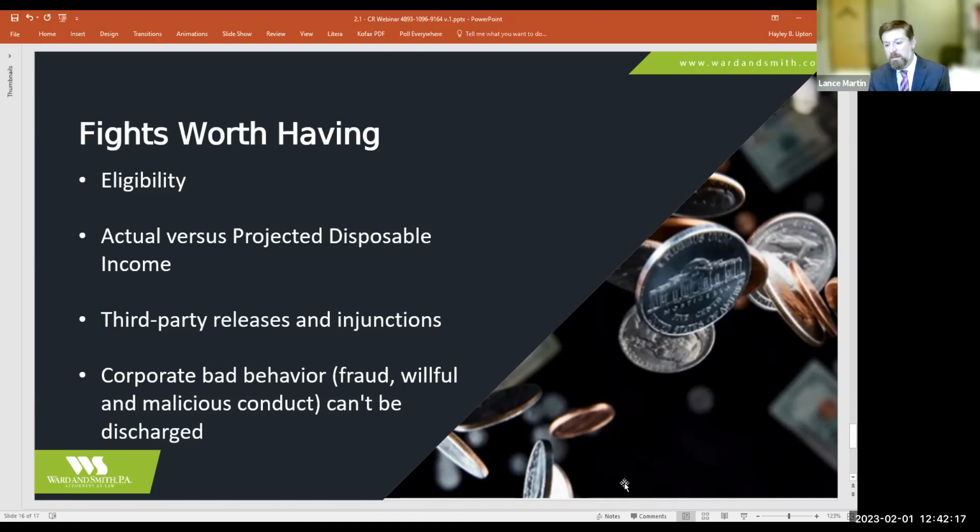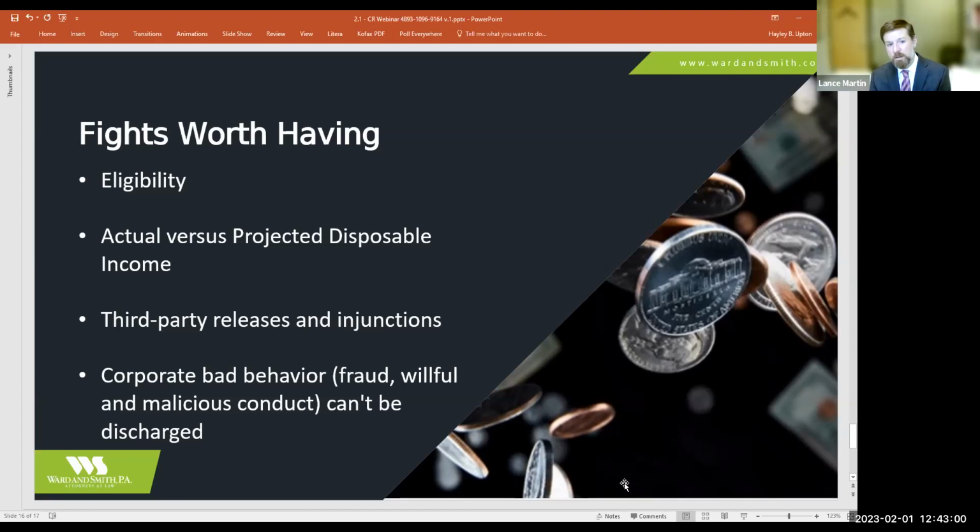Looking carefully at the debtor's obligations and doing the math and scrutinizing it is important because if they're over the limit, then filing a motion to dismiss them or convert them to a traditional Chapter 7 can be a powerful piece of leverage for you, because many of these debtors don't want to be in traditional Chapter 11. I guess they don't really want it converted, but they would sooner have their case dismissed than go into traditional Chapter 11.